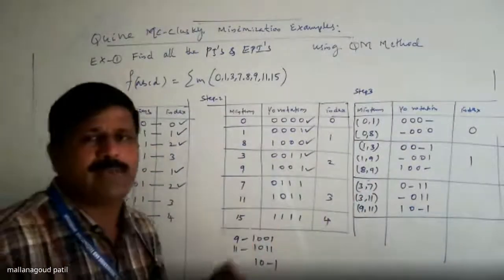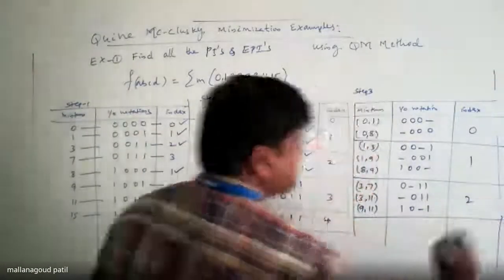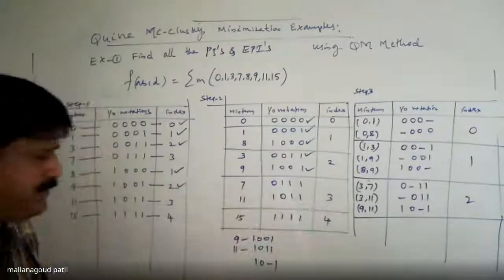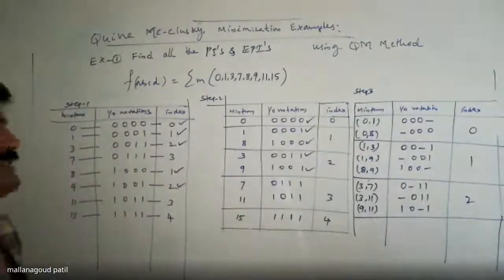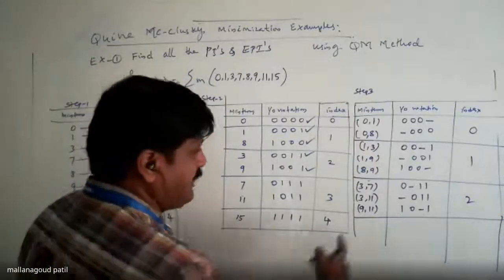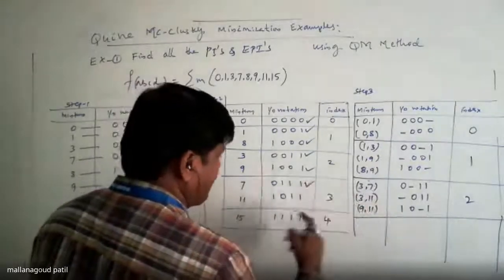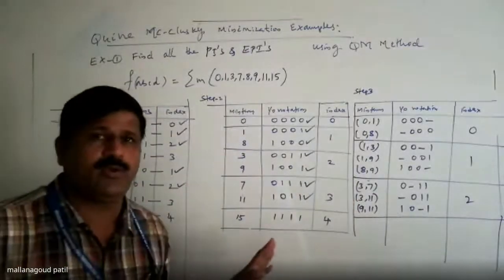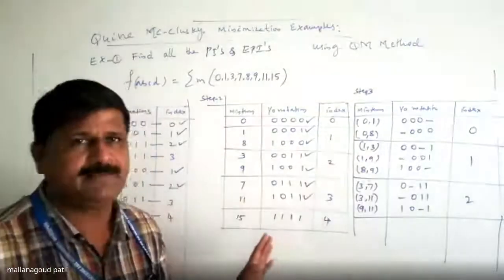It's okay. Then how many ones are present on that group? 2. Its index is 2. Next, the last comparison is index 3 and index 4. Index 3, you have 2 minterms, 7 and 11. Index 4, you have a single, that is 15. And you can cross mark, tick mark, we left. 7 is there, 7 you have to mark. 11 is there, you have to mark. Marking is very much important, don't forget. Based on marking only, you are finding the PIs.